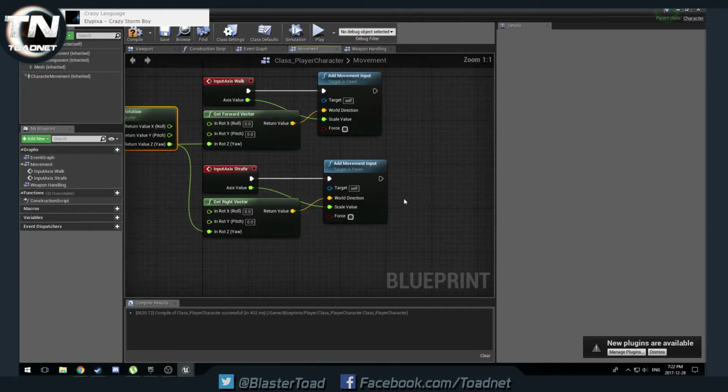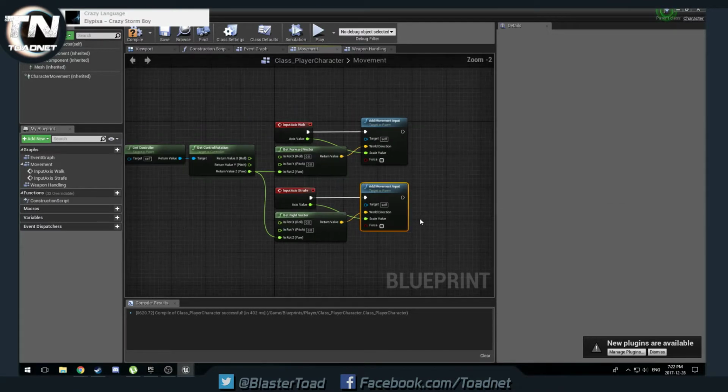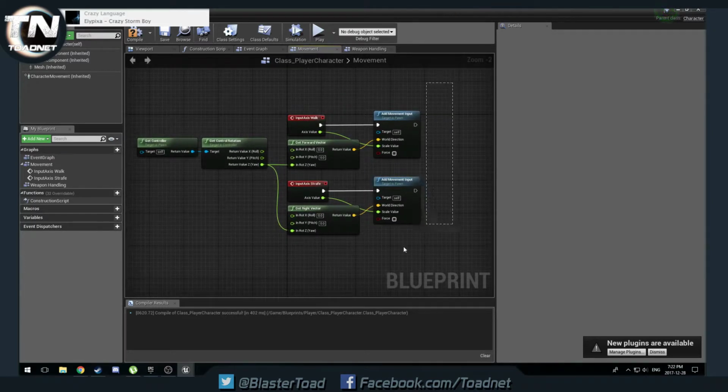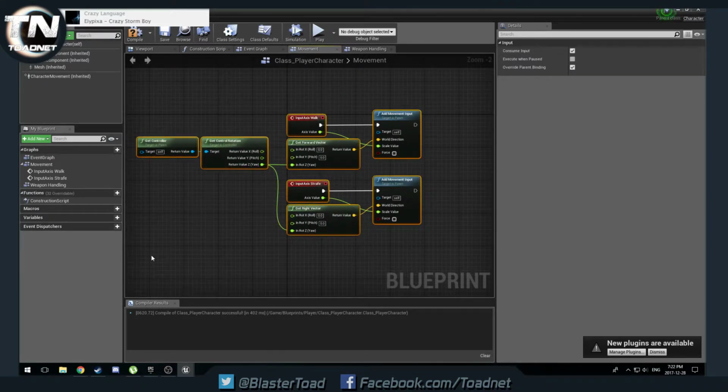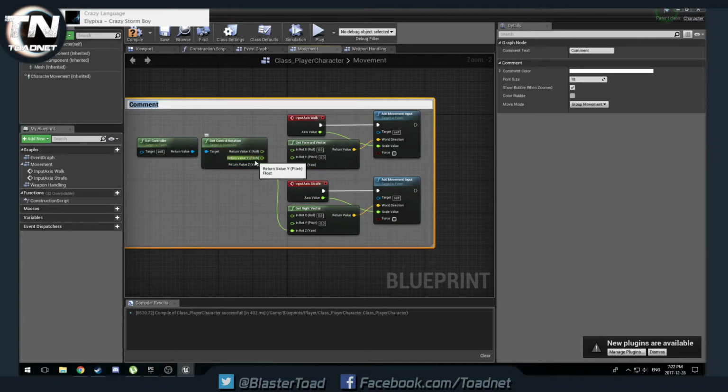Okay, so it's good and easy to read. There we are. And this is our... So we're going to select it all, hit C to comment. X, Y, movement. Okay. And then in brackets, I'm just going to comment this in as walking and strafing. And there we go. We're going to compile, save, and